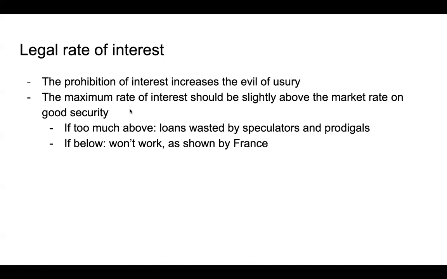And then what should be the legal rate of interest? Adam Smith stated that the maximum rate of interest should be slightly above the market rate on people with good security. So why only slightly above? Why not far above? Think about it. If it's far above,